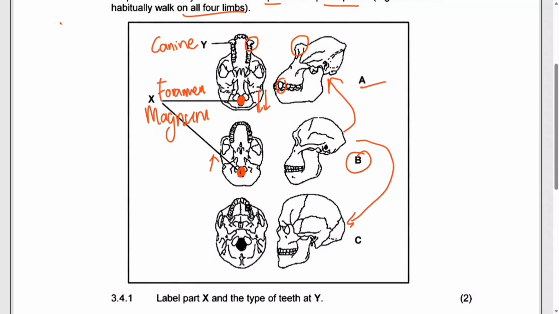Why? Because it has a mixture of African ape-like features. We can see the sloping face and also the brow ridge. But it also has a mixture of the Homo species. Why? We can see that the foramen magnum is positioned forward. It means that this is a bipedal organism. Then C represents